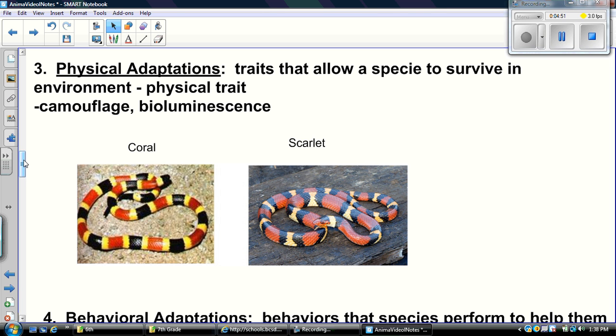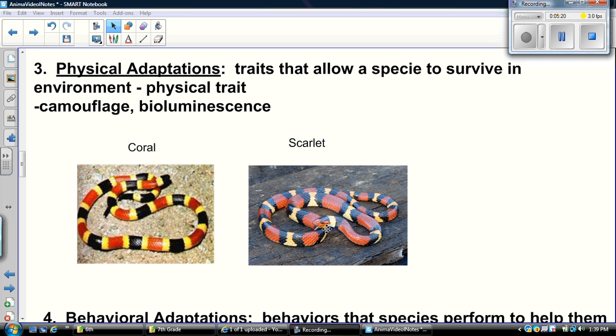Scarlet snake. So the scarlet snake has mimicry. It has the same colors as the poisonous coral snake, but they're not in the same order. If you look, this goes black, yellow, red for the coral snake. The scarlet snake is black, red, black, yellow, so they're